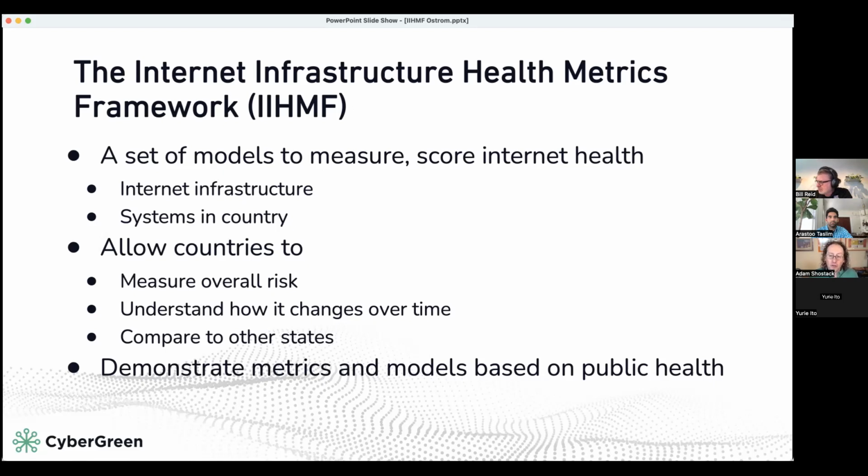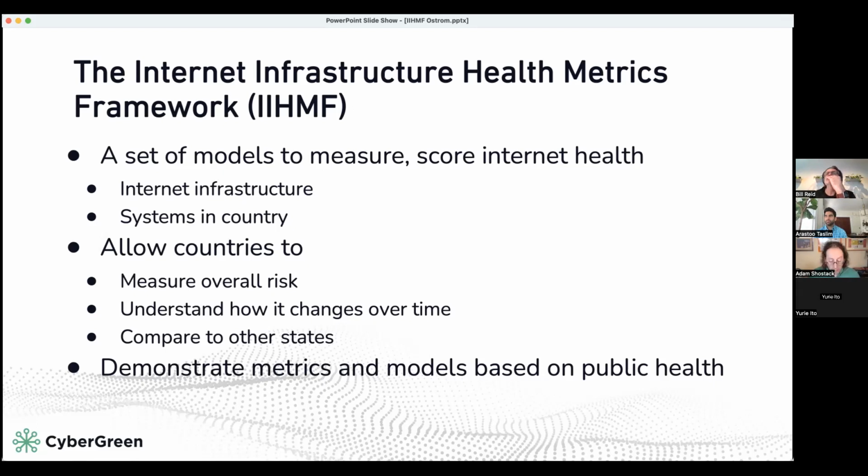And the other underlying goal of the project is to exercise the public health metaphors, the frameworks that we've been talking about, because frankly, a lot of the way in which internet security is framed today is about interstate competition, it's about military, it's about espionage. And we think that there is an important role for public health metaphors to play. And the best way to give them a chance to play is by making them concrete, demonstrating them to people making decisions, and seeing if we can meet some set of needs better than